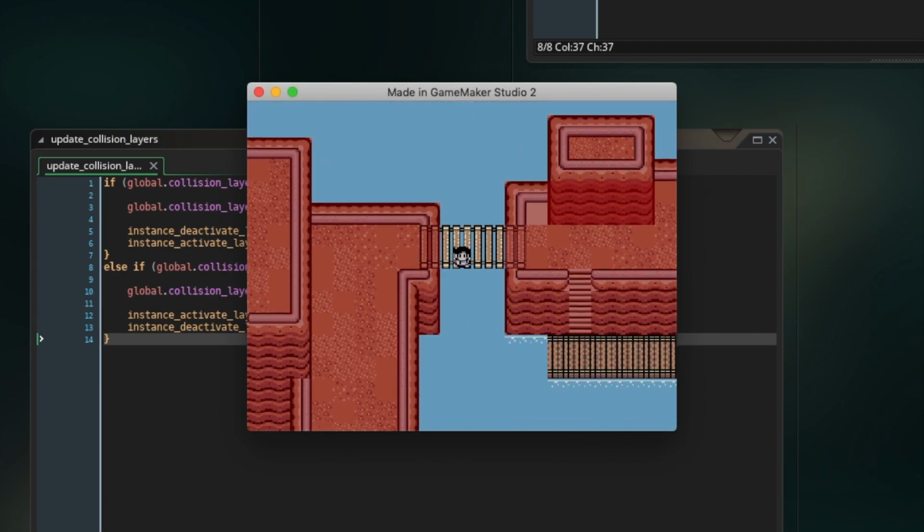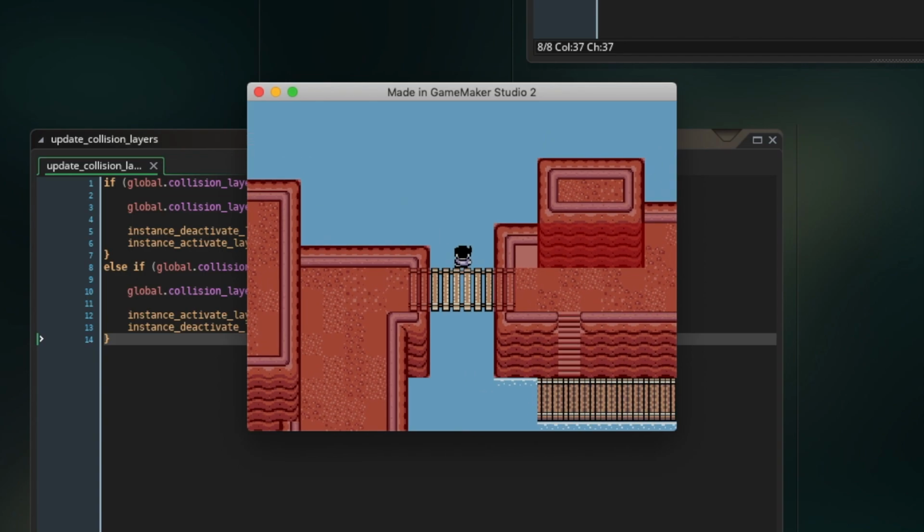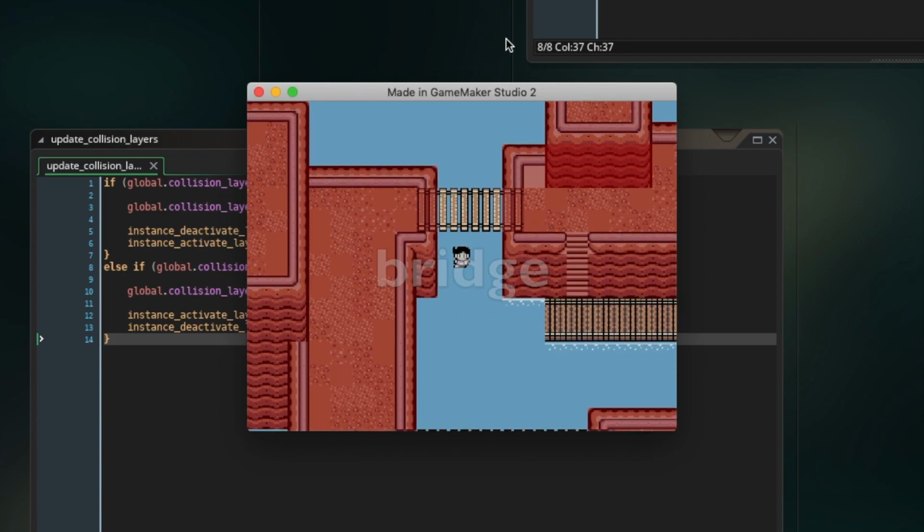Now you'll notice a couple things. Number one, we have to manually trigger this with a keyboard press, and we have depth issues where the player is not going underneath the ladder. So how do we fix this issue? Well, the easiest thing that we can do, and this is the approach we're going to take, is just create a new layer for the player and put that player on that new layer, which is going to be underneath